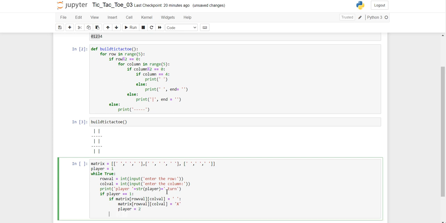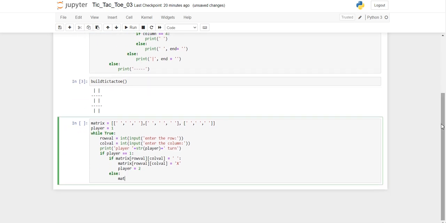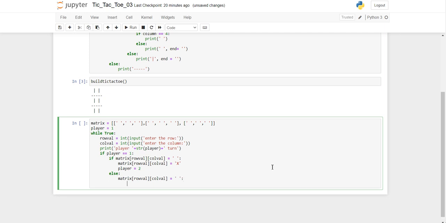Now it's player 2's turn. So else matrix row val, col val, okay, sorry.